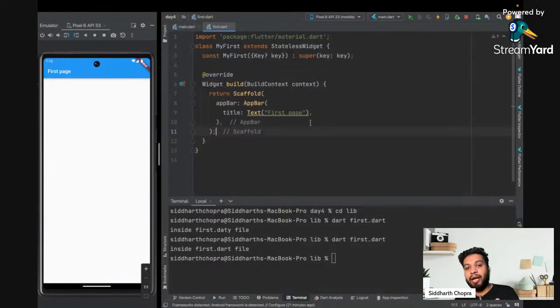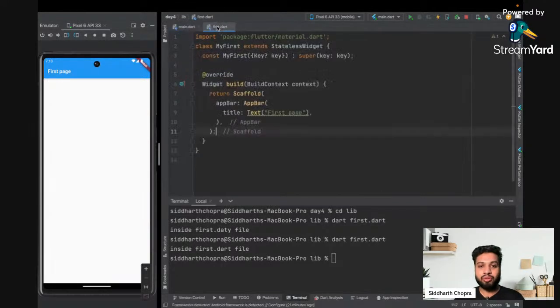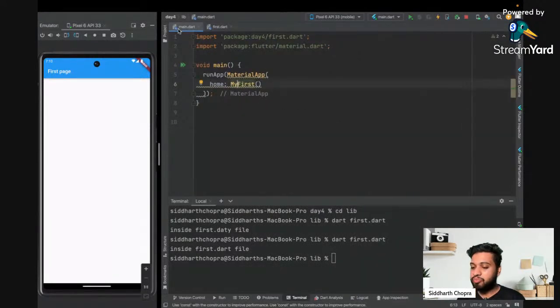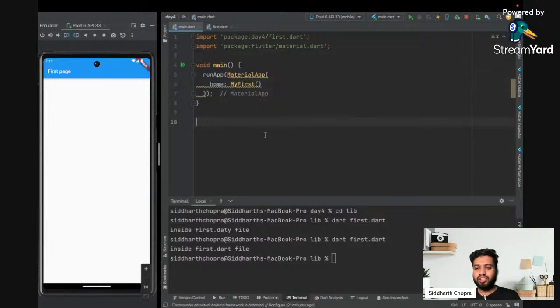But this is a better way of writing code, because all of the configurations of the material app we can put in the main.dart file, and whatever new screen I want to create, I can write that code here. And if again I want to create a new screen, let's say I want to create a splash screen. Okay, if you don't know what a splash screen is,